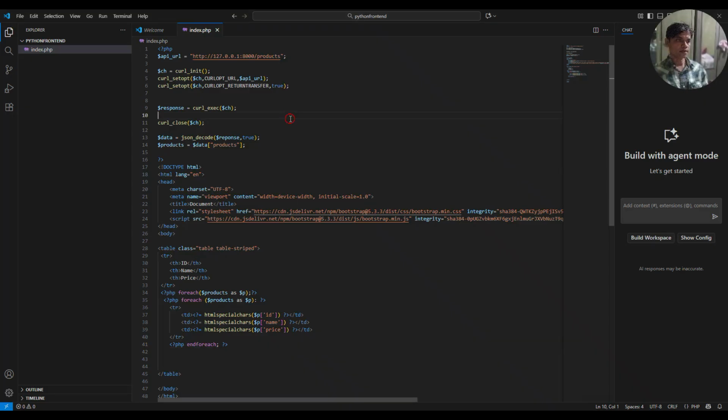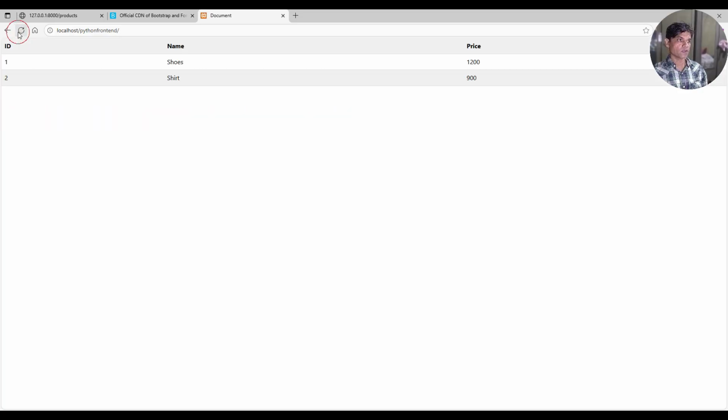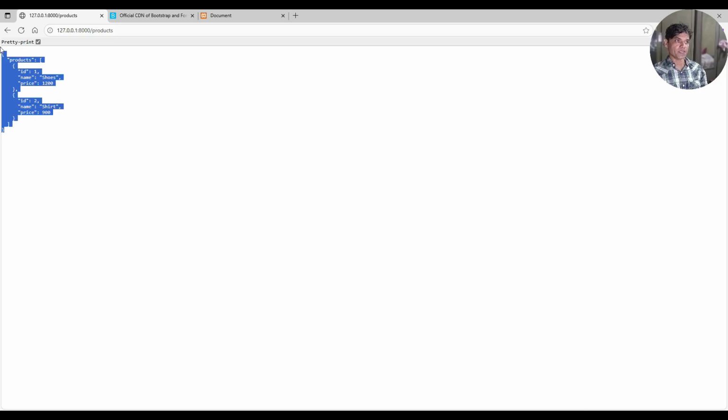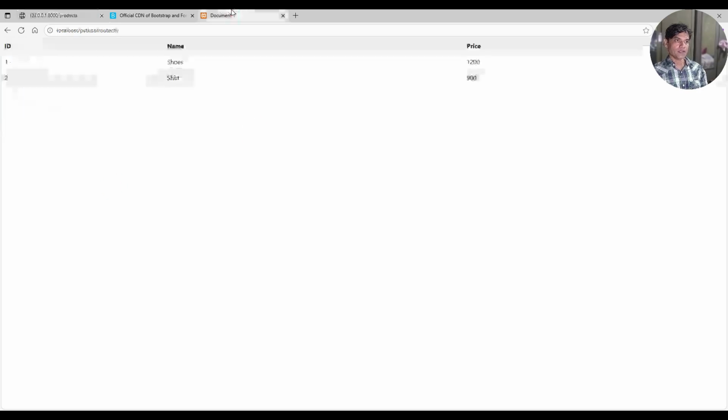So let's check it. We go inside it, and the variable name should be response. Okay, so we get the data from the database. So this is it. This is how we create the FastAPI in Python and get it to the front end